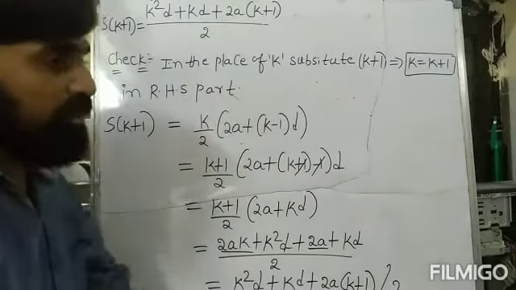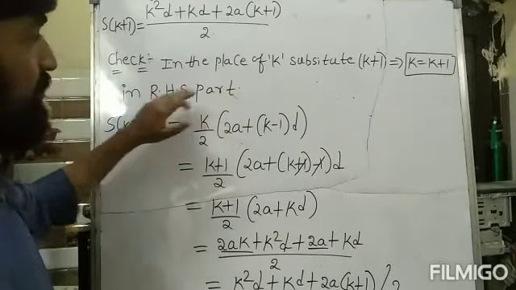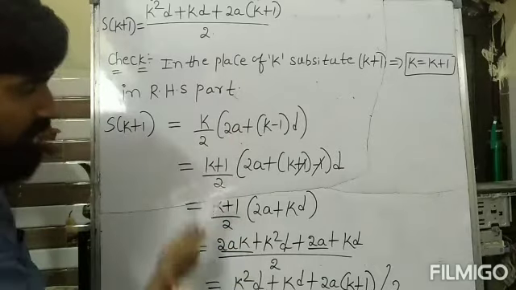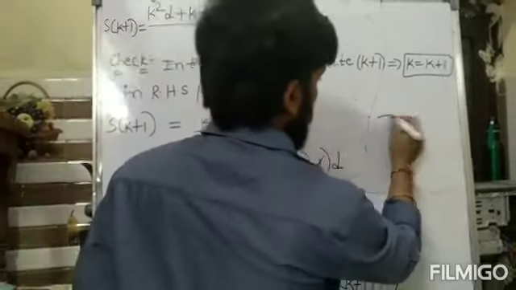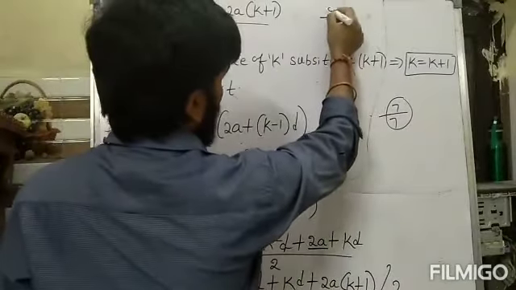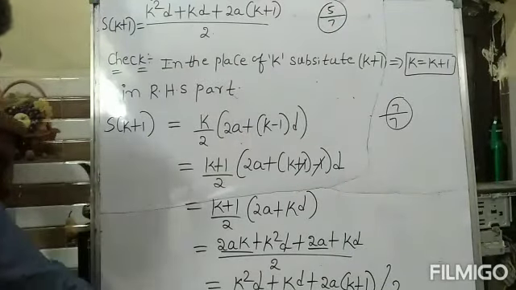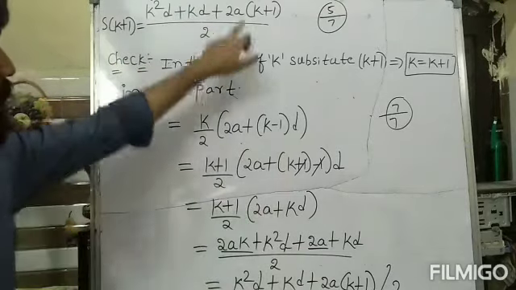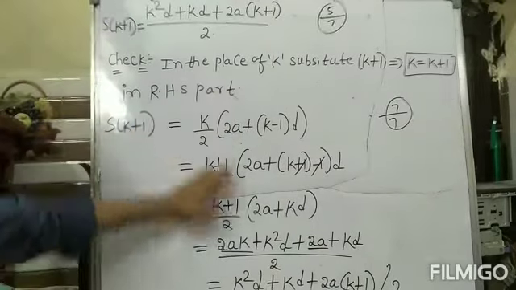This part won't be taught in your colleges. Till the previous step, they will teach in your college. This check is a must. If you do not do this check, the examiner will not allow you full marks. This is a 7 marks question. They won't give 7 out of 7 if you do only up to here. Why? Because you have to know whether it is right or wrong. They will check: k square d, kd, kd, 2a, 2a, k plus 1, by 2, by 2. This is the check.